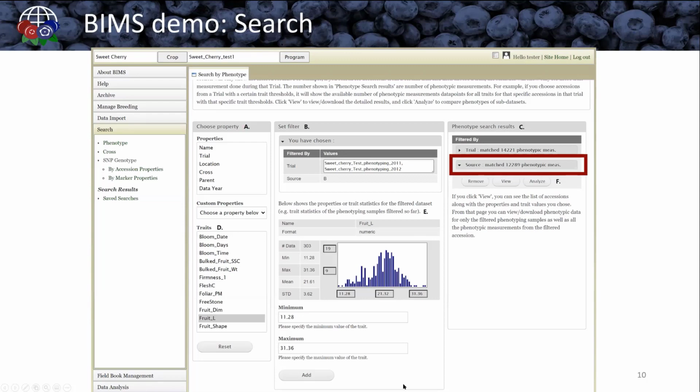So you can keep doing this until you are satisfied. And if you don't like certain filters you made by accident, you can remove them. Or if you are satisfied, you can view the results, or you can further analyze using these data sets. So if you click view,